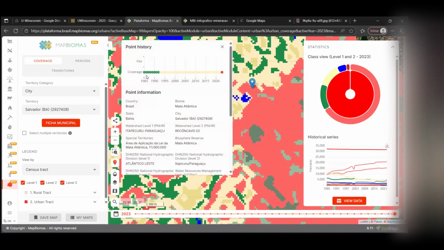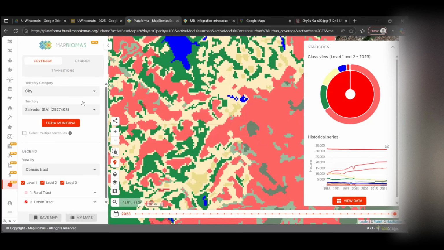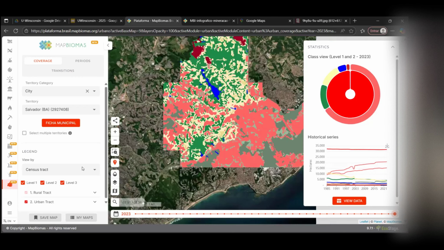So as I said, this is the history of the Brazilian urbanization. It was a forest at some point, and probably between 1992 and 1993, it was deforested for some reason, but it did not become urban yet. Someone started to keep the area ready for use, and then it's a very recent area. This specific point became urban in 2023. So this is a very cool feature because the students understand very easily what is happening here.